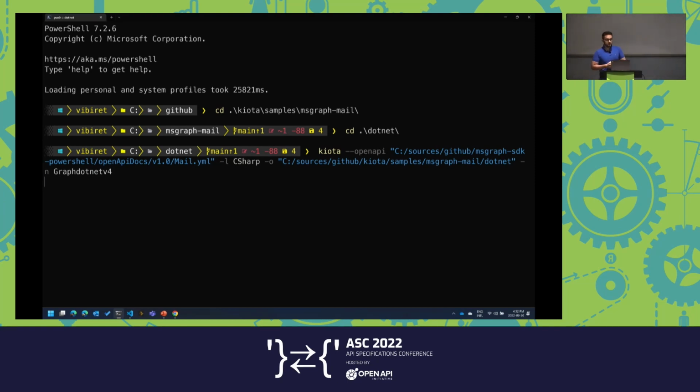It's going to get the OpenAPI description, start generating, and there you go. It generated about 88 files. And now if we look at our project here,